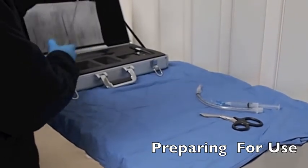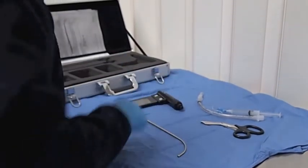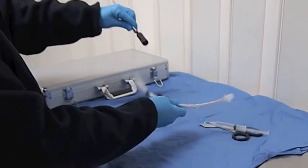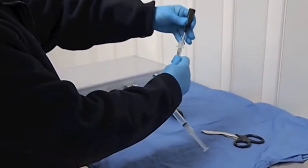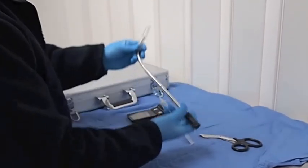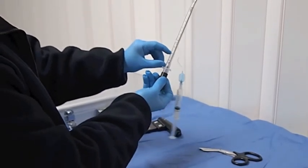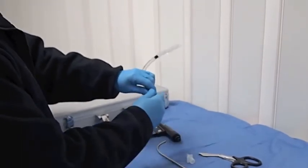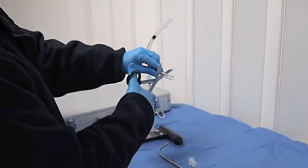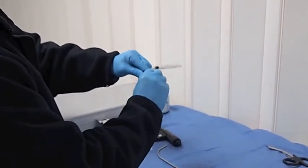Assembly of the Clarus video system is not difficult, as shown before. When preparing for use, you will need to assemble the device. First, ensure that the endotracheal tube fits easily over the stylet and that it is the appropriate length. If it is not the appropriate length as displayed here, you will have to modify the endotracheal tube. Remove the tube from the stylet, take the top off the tube, estimate the appropriate distance, typically just beyond the 29 centimeter mark, replace the top of the endotracheal tube,